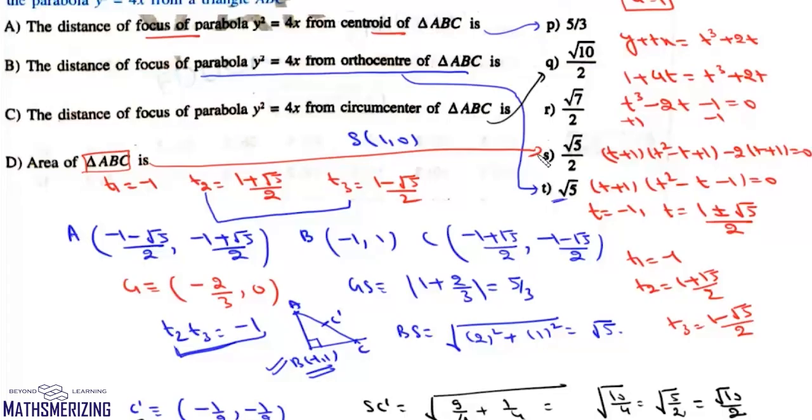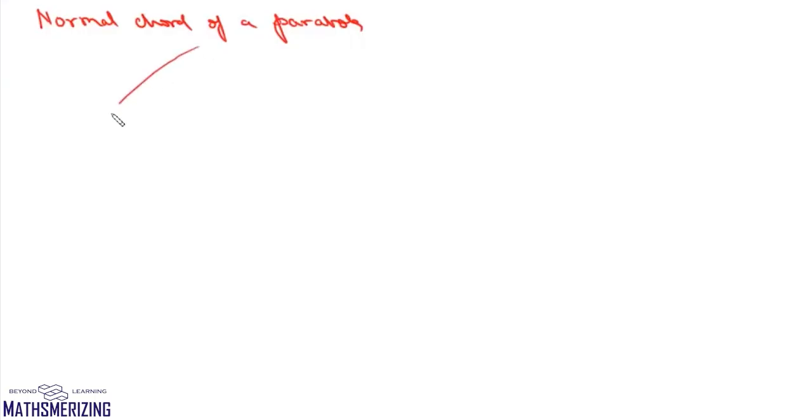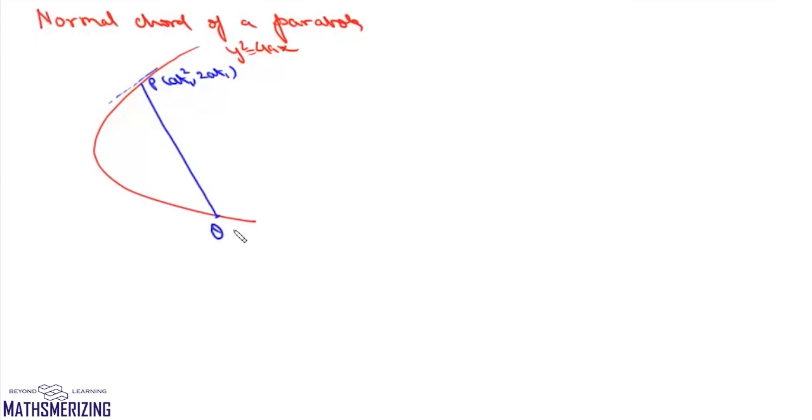So this is how we can solve this question. If we have any parabola, say y square equals 4ax, and if we draw a normal at any point P, suppose this P is at1 square 2at1. So we draw a normal at P which intersects this parabola again at point Q, which is at2 square, 2at2. Then this chord PQ is called the normal chord of this parabola. So that means we are drawing a normal at this point P which intersects this parabola again at this point